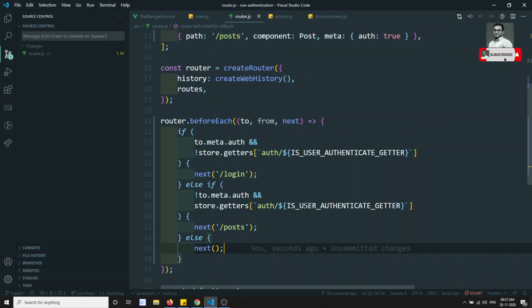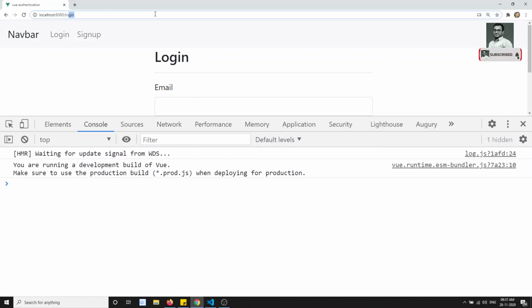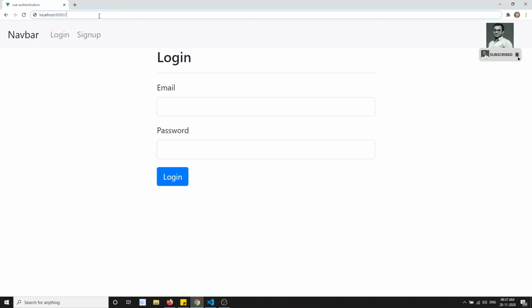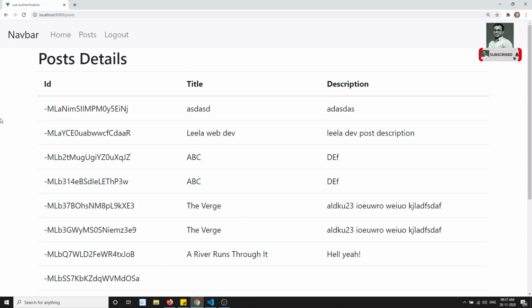So let's try to check this code. Now if I try to open the post thing, so here I will try to open the post, and it redirected to the login. See, it redirected to the login. Now I will try to log in here, test@test.com and 123456, and if I click on login, I went to the login, and if I try to open the login,